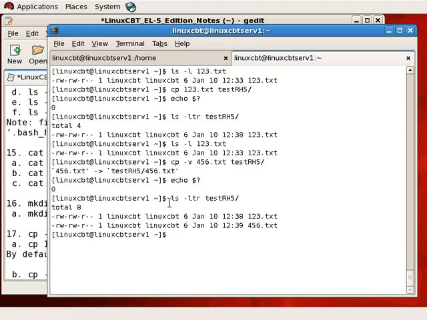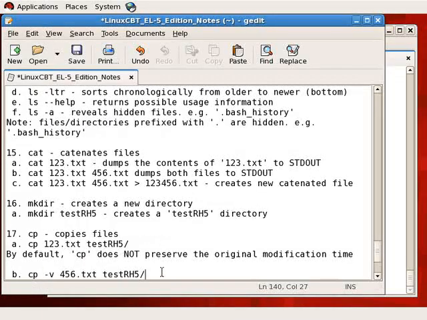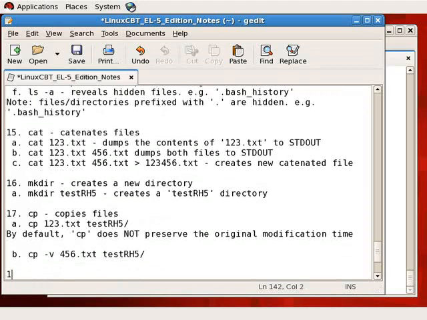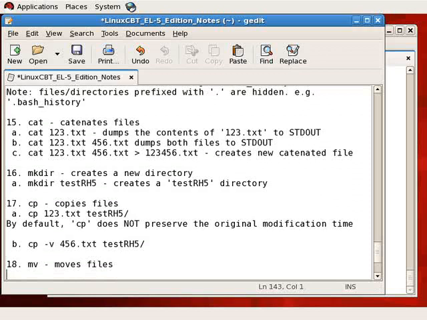But again, both files also exist in our current directory, home Linux CBT, as well as home Linux CBT test rh5. So we've doubled up the data, which gives us opportunities to use two other commands. Let's move on. The 18th command is mv. This moves files. So for example, mv